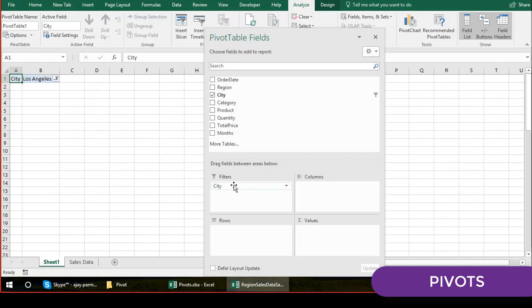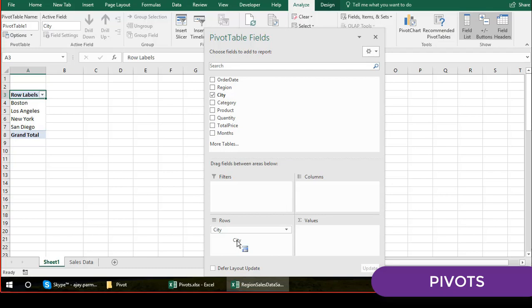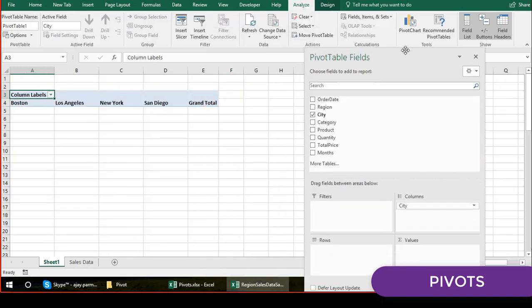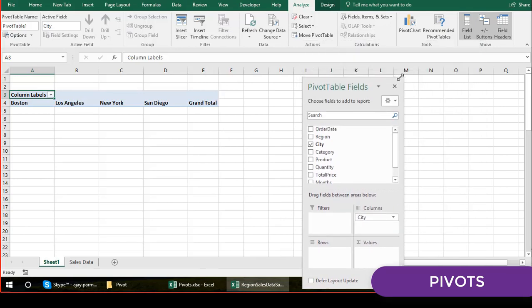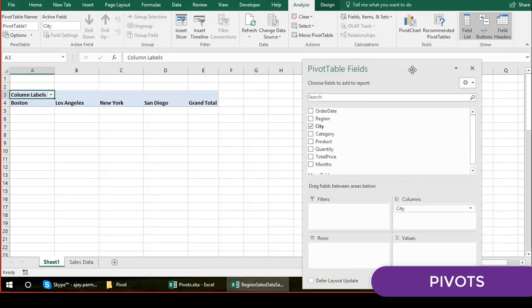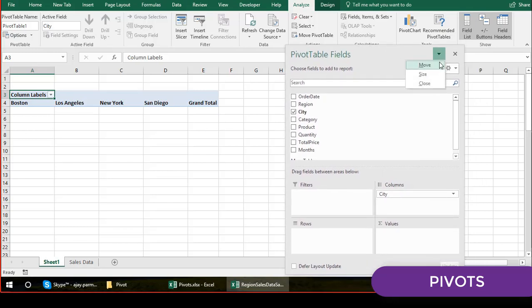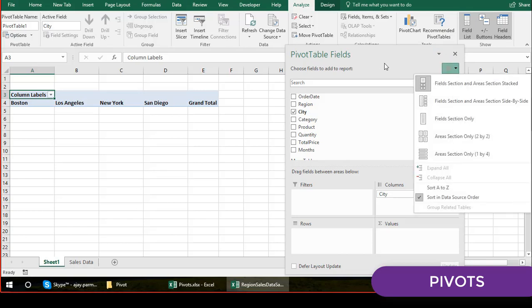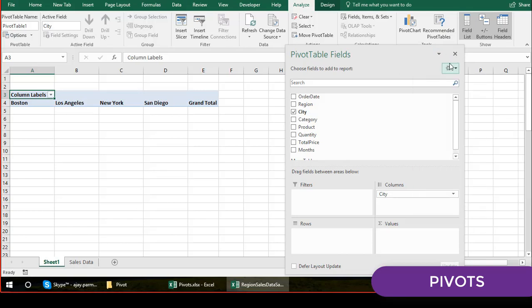If you're not happy with this filter, no problem, you can put them in the rows as well. Look at this. Once you put them here, they are coming in the row direction. So the pivot is totally changed now, and that is why I was telling you it is a drag and drop show, nothing else. You put the city here, you have the columns moved here. You can also resize this window, that's okay, right? So if you want to lock it, you can lock it. There is an option here, somewhere here I think, move and size.